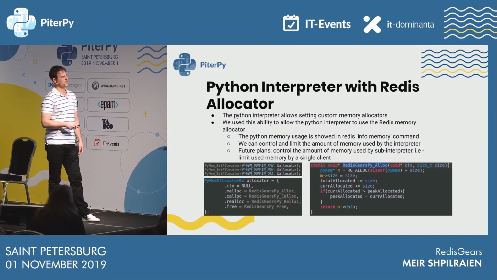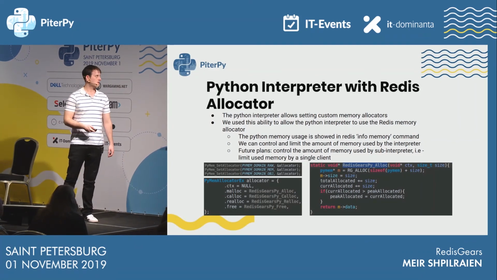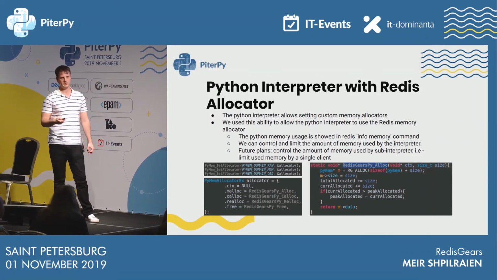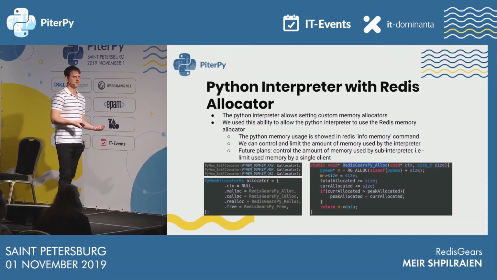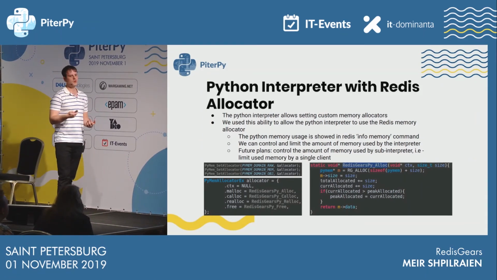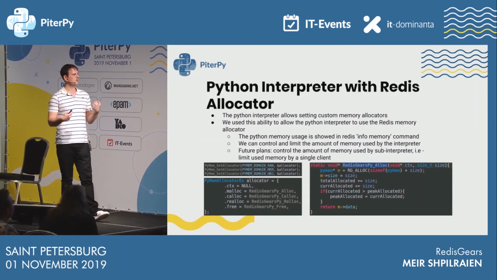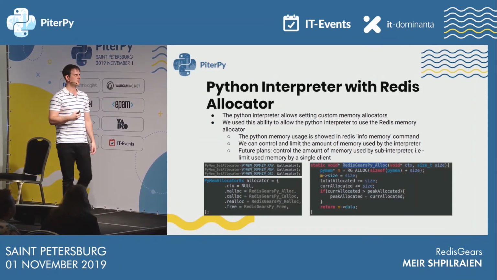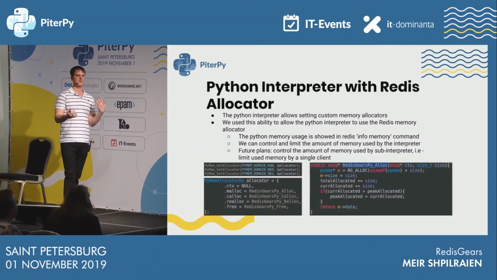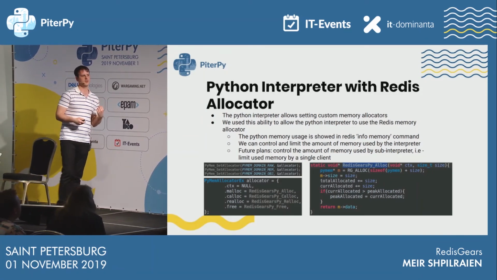And I use the Redis allocator to allocate the memory. So currently we are not doing it, but it's possible to limit the amount of memory the interpreter uses. And moreover, it will be possible to limit the amount of memory used by a single client. So we can control how much memory each client uses, and we can